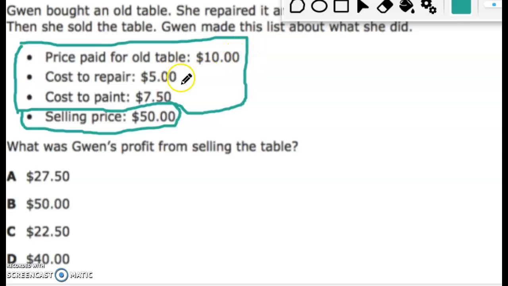So we're going to add all of those together. Well, we know that 10 plus 5 is 15. We don't really need to write that one down. That's pretty obvious. So 15 plus